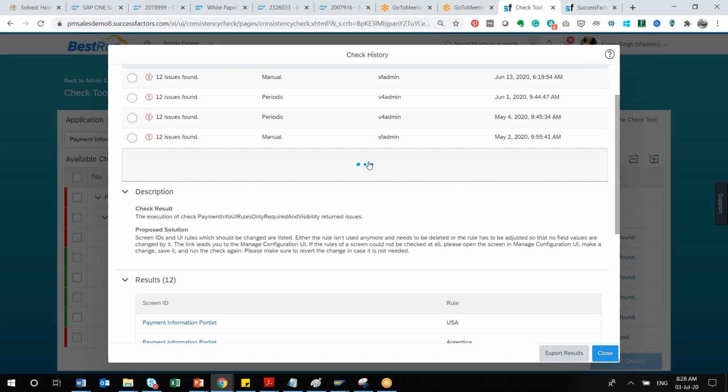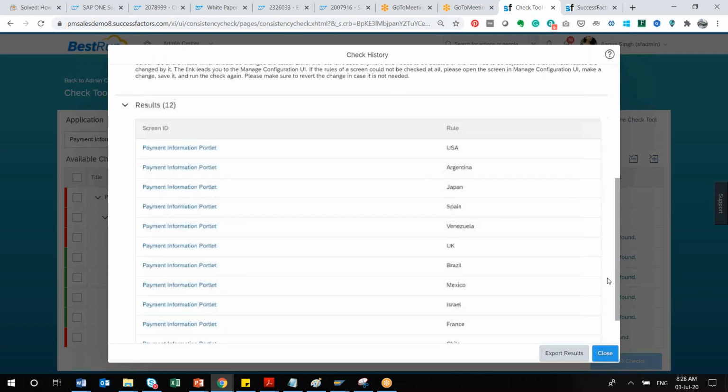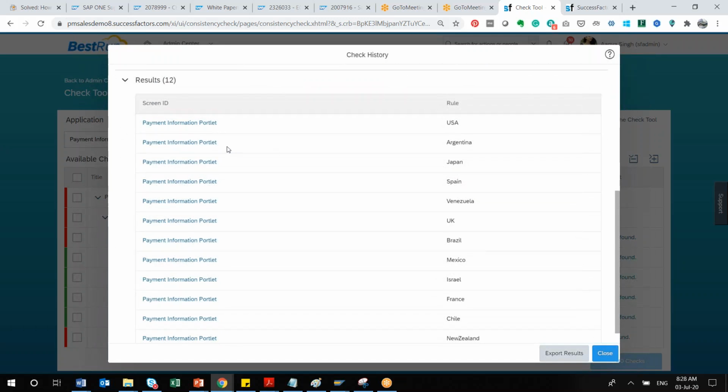If I go further, they have mentioned that the execution of the check payment information returned some issues, and you can find out what those results are here. For example, some payment information related configuration is missing here. If I go inside it,